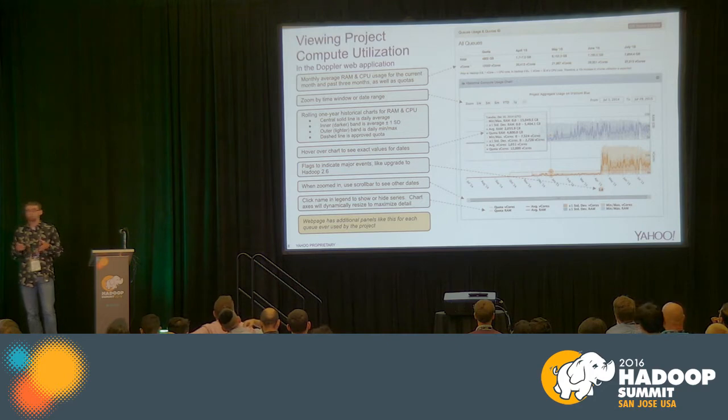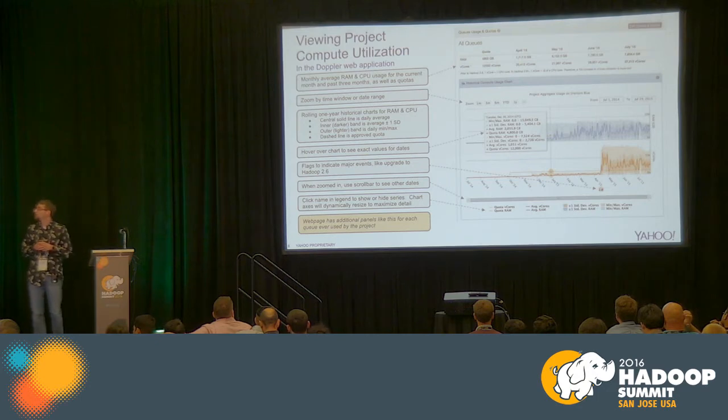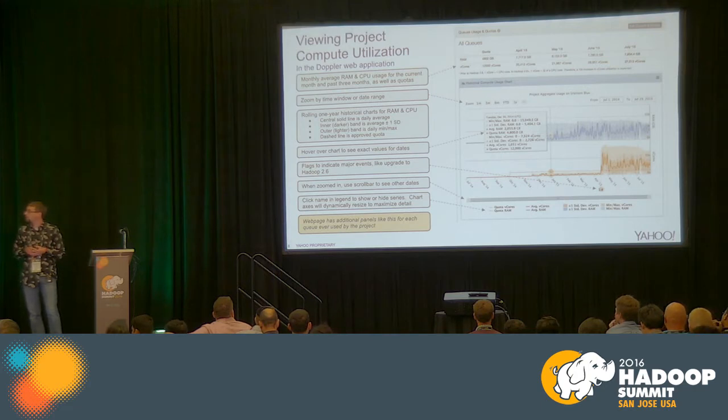Below that, we've got 2 rolling 1-year historical charts. The blue one on top is for memory, and the orange one on bottom is for CPU. Now that grid utilization dashboard I mentioned earlier, that's where we dig down into the nitty-gritty, whereas this view is more to give the high-level day-to-day changes. So there's 1 point per day, and the solid line in the middle is the average for that day. And it may be hard to see on the projector, but there's an inner darker band around that line, which is the average plus or minus 1 standard deviation, and a lighter band around that, which is the observed min and max for the whole day.